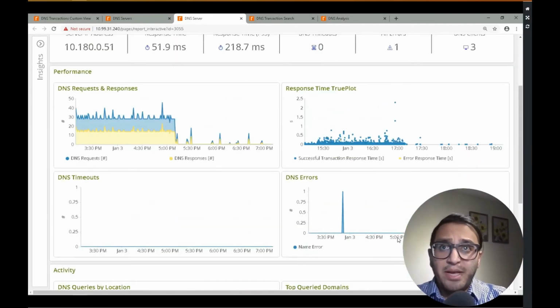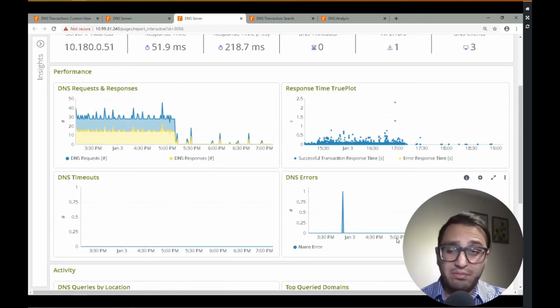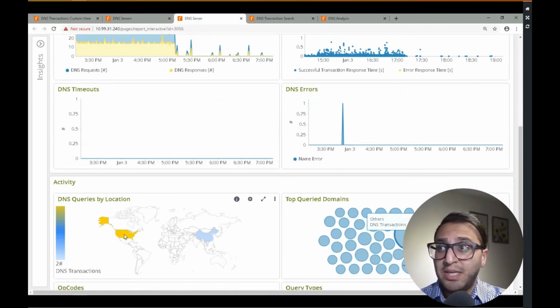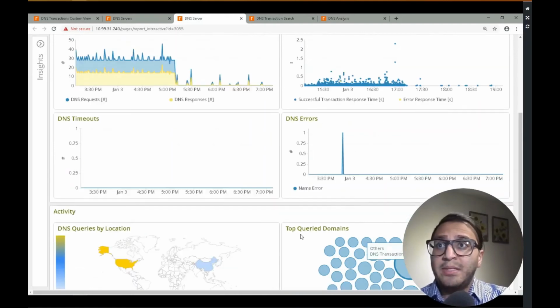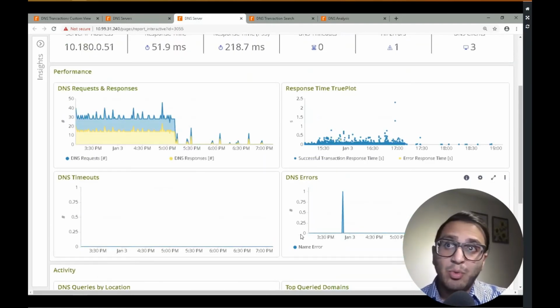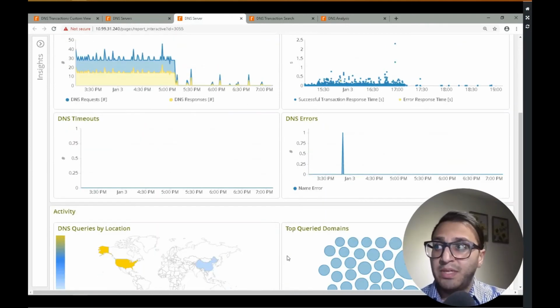So again, really useful. It can give you a lot of information about the poor performance of a particular IP, of particular servers, or if particular sets of users, as in this case with the heat map, are having the worst time. And again, these are just cool visualizations. All of these are customizable. If you don't prefer the heat map, if you just like a table view, for instance, of some of these poorest